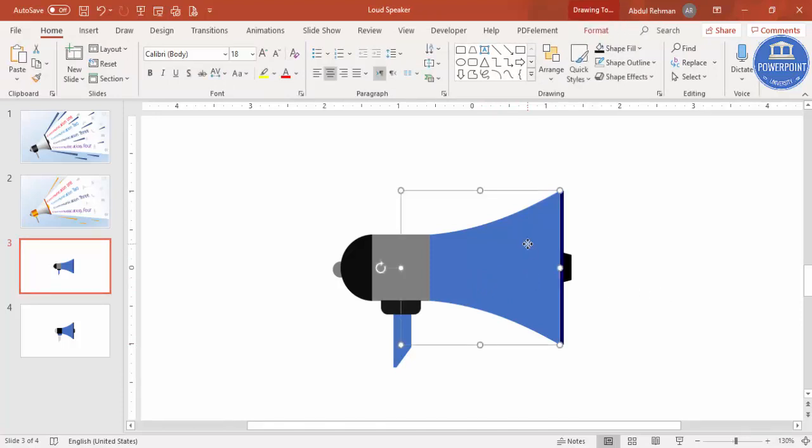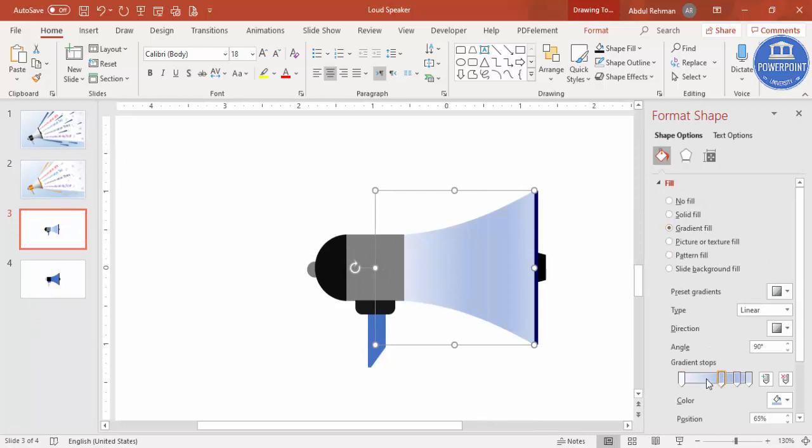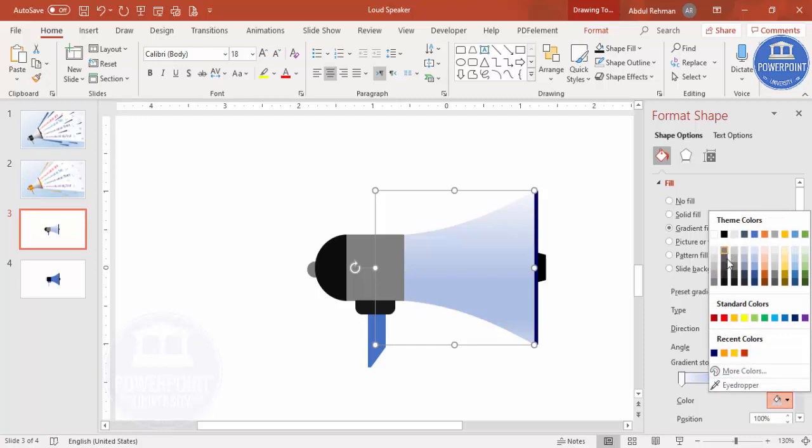So I'm going to select this, right mouse click, go to format, shape, fill. I'm going to select the gradient fill, and there are 4 stops. So let me just change the direction. First of all, it should be linear, and I'm just changing the direction to this linear down, or let me just check with this. Okay, first of all I'm going to select this one and give it some darker color